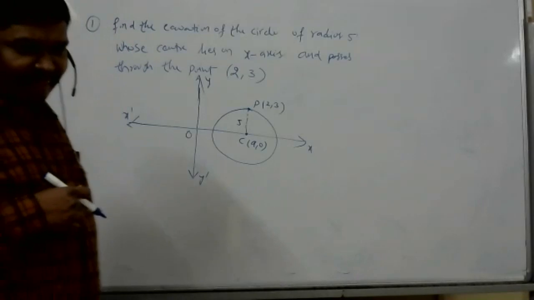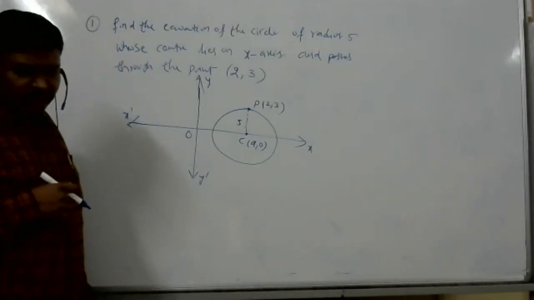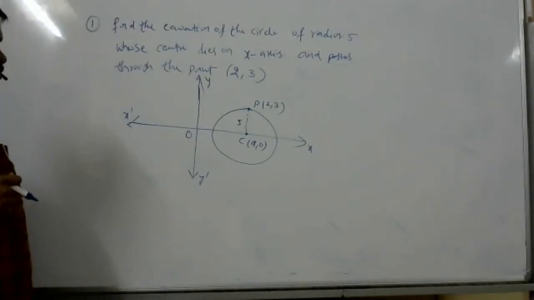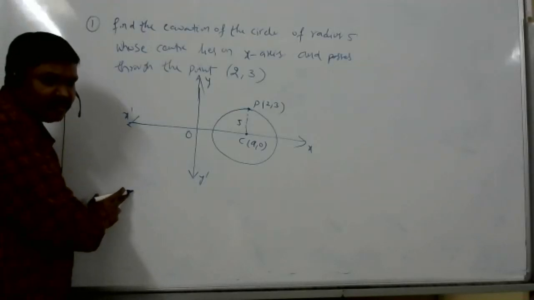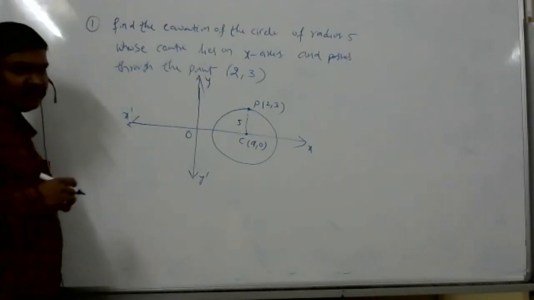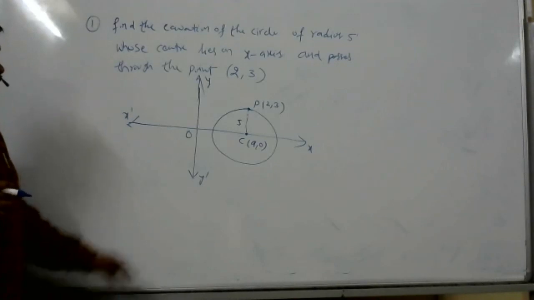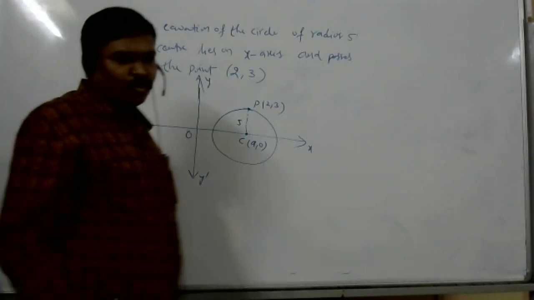So Aryan, you'll get two values for x. Two circles. You'll get one value of x as 6 and another as -2. Yes, correct. So that means we'll get two different equations, the required circles, two circles.